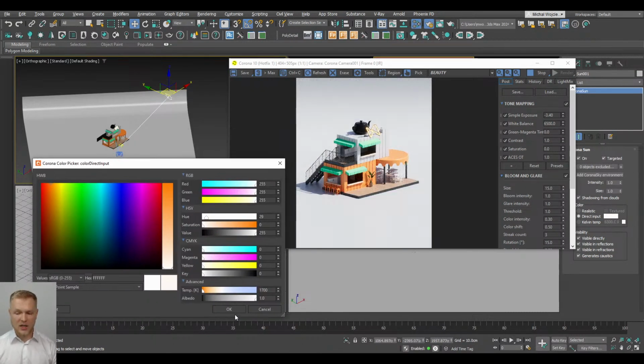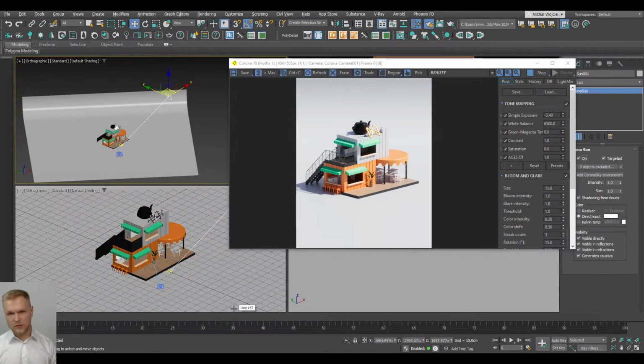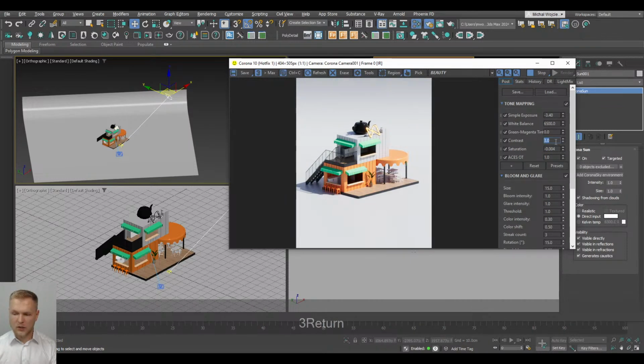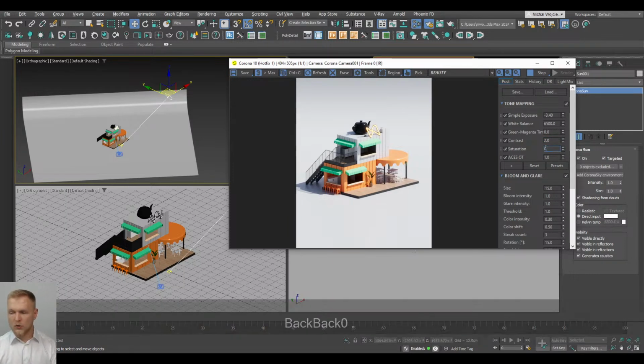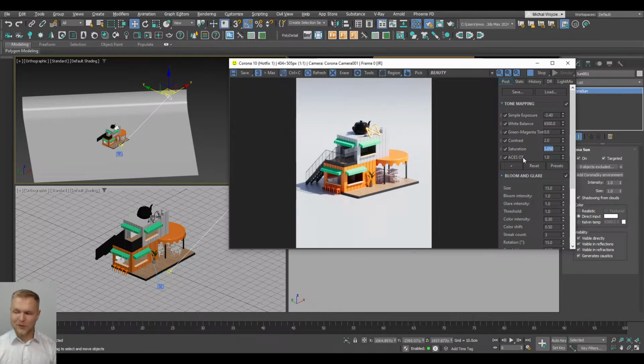Only now our sky is going to create some kind of environment color. We could desaturate some of our colors, but in that case we're going to lose some of it. So instead I'm going to add a bit of contrast. So we're going to get sharper colors. Also, since it's creative work, I'm also going to consider adding 0.5 to saturation. This is really going to make all of the colors a little bit juicier, which is exactly what we need in this case. So how about we